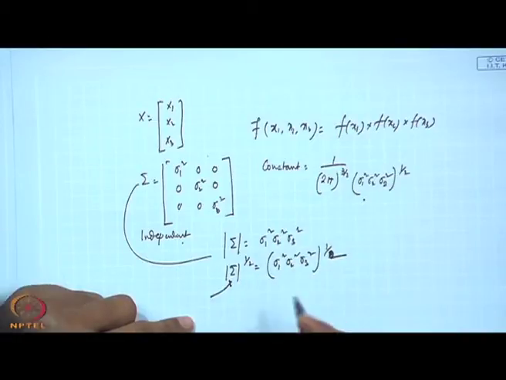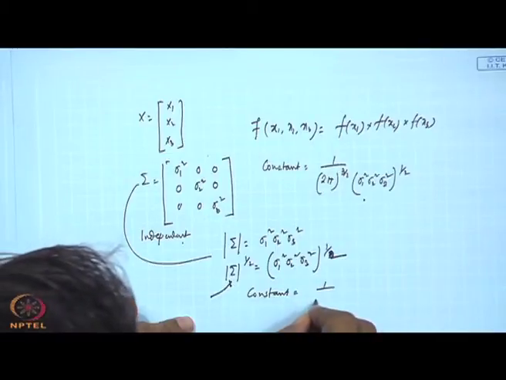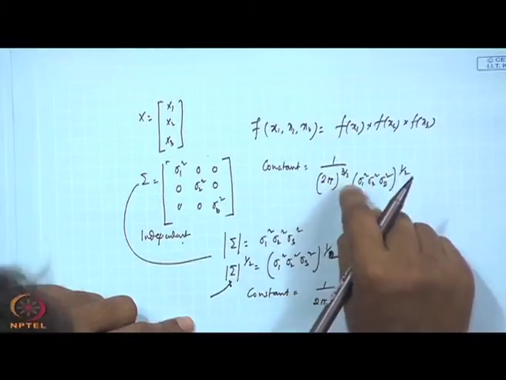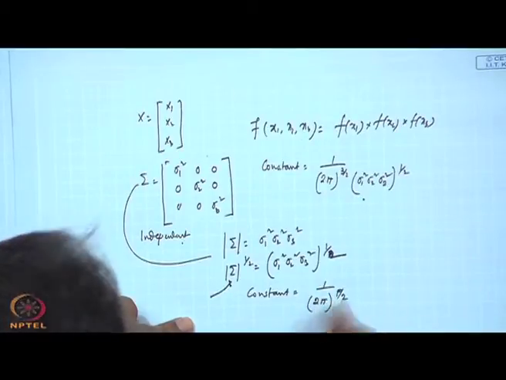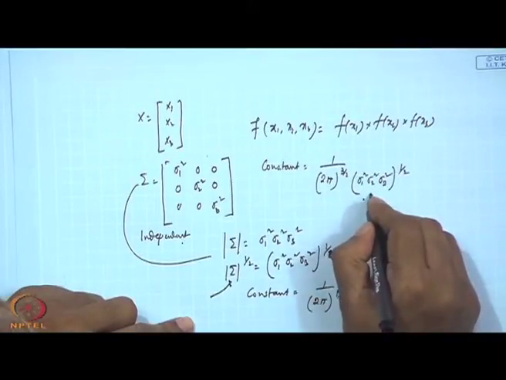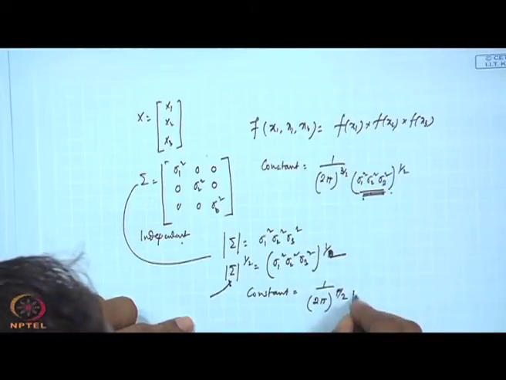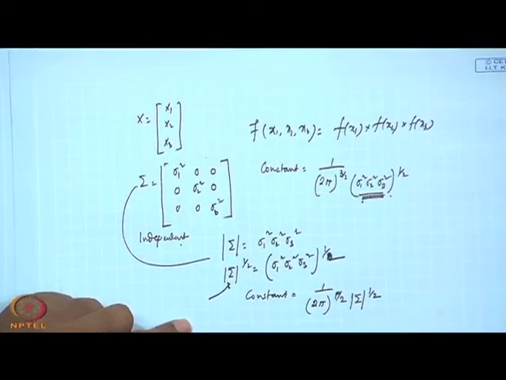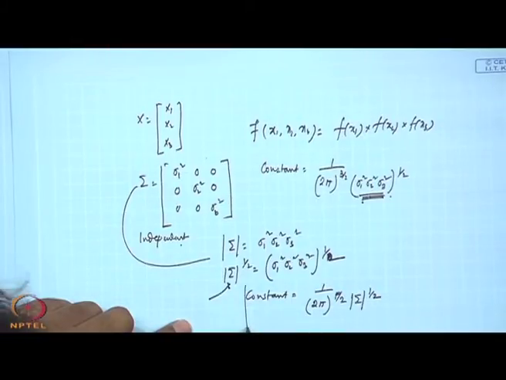So, if I go to p variables now, my constant will become like this. You see that when there are 2 variables, it is 2 pi to the power 2 by 2. When there are 3 variables, 2 pi to the power 3 by 2. So, when there are p variables, it will be p by 2. And whether it is the 2-variable, 3-variable or p-variable case, ultimately this quantity will be replaced by the determinant of the covariance matrix to the power half. So, with one assumption here, that we are considering independent variables, we proved this is the case.